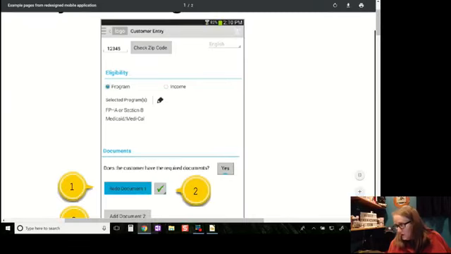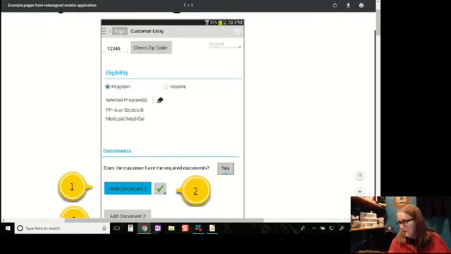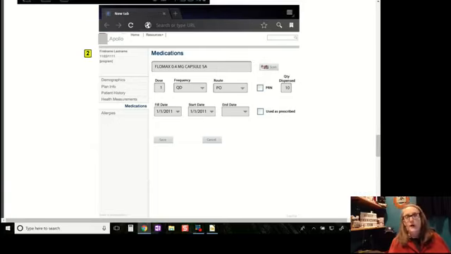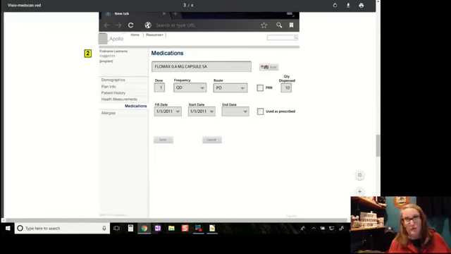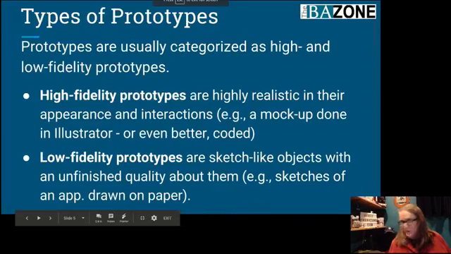And here's just another one. This is starting to look more real, more like what the final app was going to look like. This is actually a mobile thing. And same thing here. Now this is really starting to look like what it's going to look like out in the world. But of course it's still just paper scratches, and so we can continue to make changes very, very cheaply. All right, bring that back up.